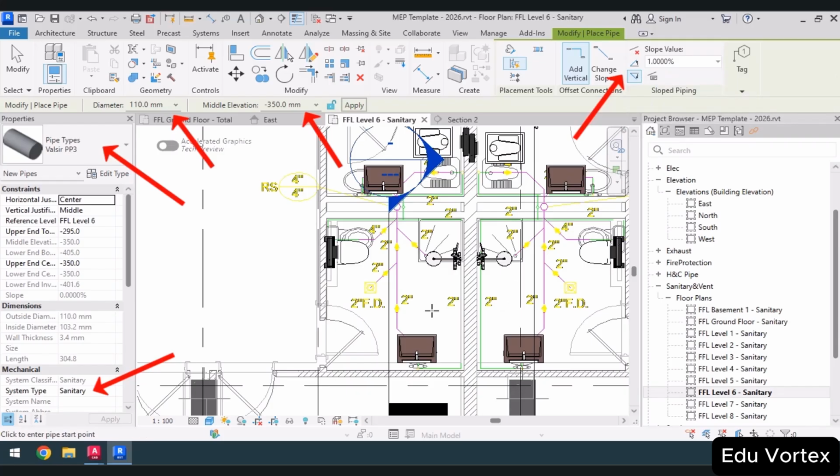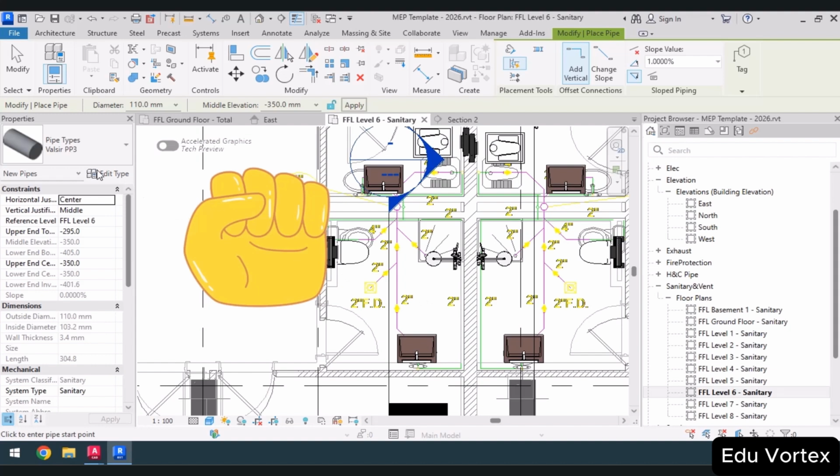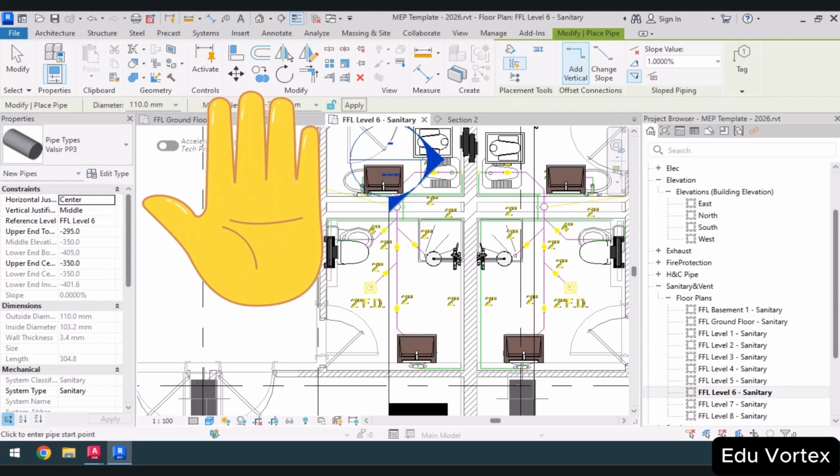Before drawing the sloped pipe, I have 5 items to configure so that I don't forget them. I will refer to these 5 items as the left-hand rule. When you configure each item, you can open one finger. For example, after setting the pipe type, you open one finger, then diameter, middle, elevation, and slope value. So until all 5 items are configured, meaning all 5 fingers are open, you're not allowed to start